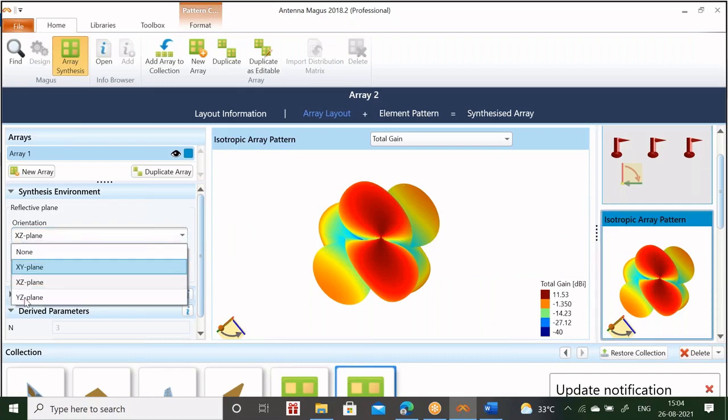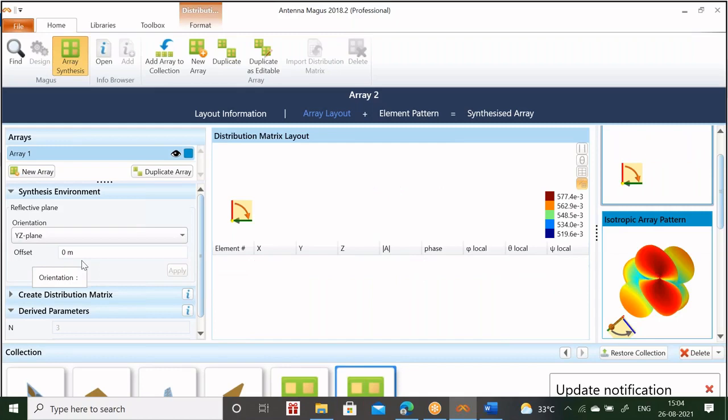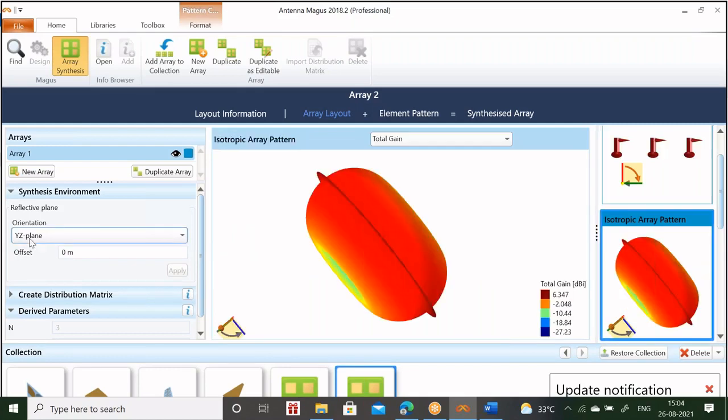If you take yz plane, look at the yz plane. So all analysis xy, yz, zx, all kind of things you can do.